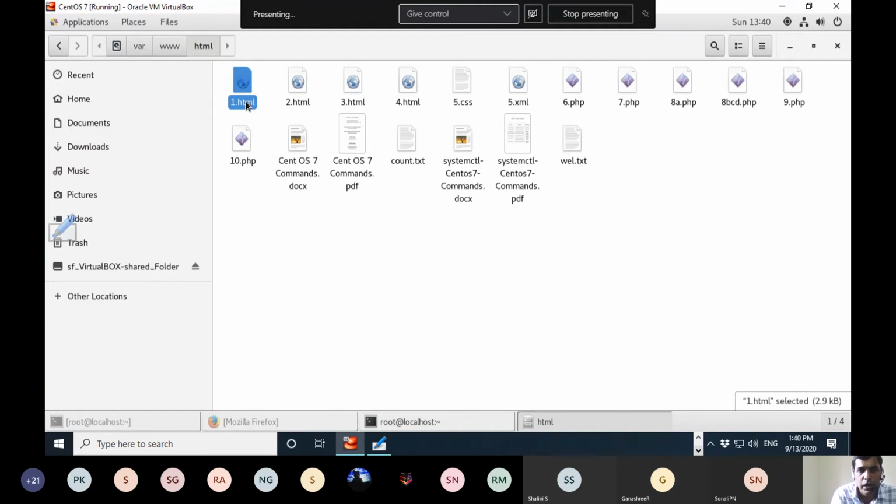In this first program, I have saved it as 1.html. You can give any name to keep it simple. The first program I have named 1.html, the second program 2.html, like that.